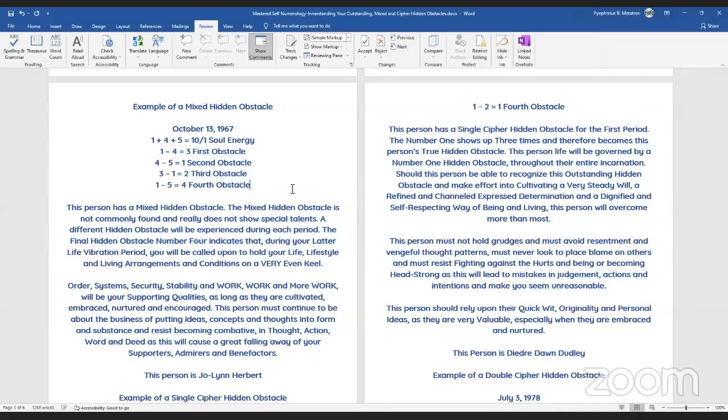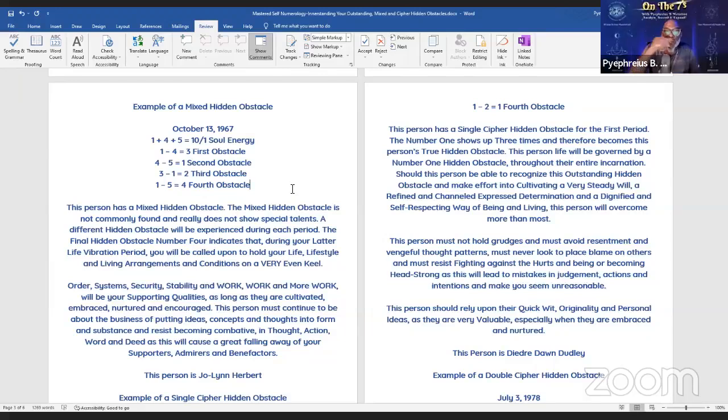So you're in your latter. Yeah, I am. I'm 54. Right. So in your latter life vibration period, which you're in now, you will be called upon to hold your life, your lifestyle, and living arrangements and conditions on a very even keel. No arguments, no in and out, no shenanigans,